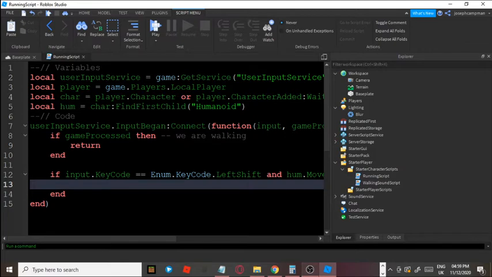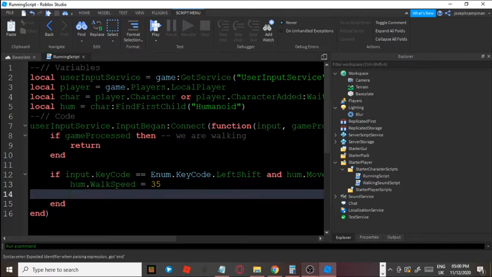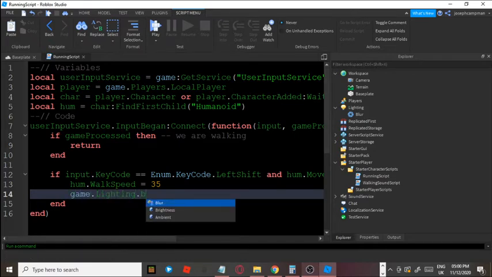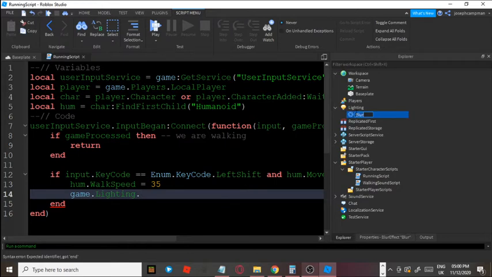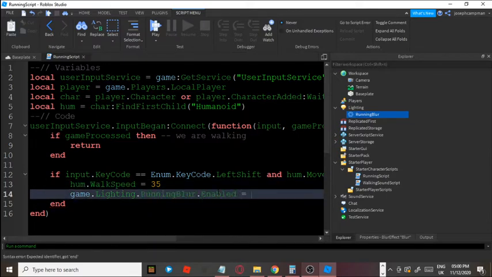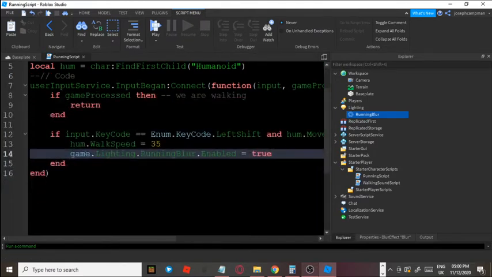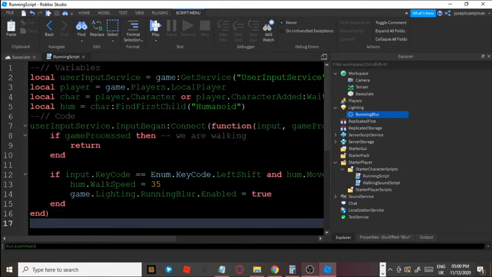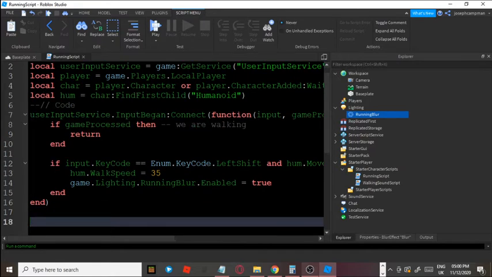So now we put in hum.WalkSpeed is equal to something like 35, so it's a little faster. Now we do game.Lighting, rename this blur to something like RunningBlur. Game.Lighting.RunningBlur.Enabled equal to true. Now we want the player to hold their shift key